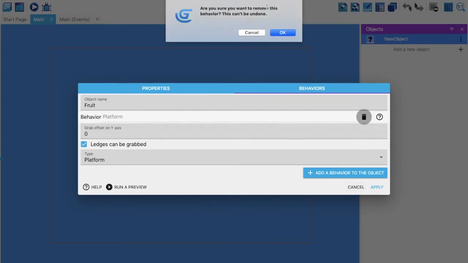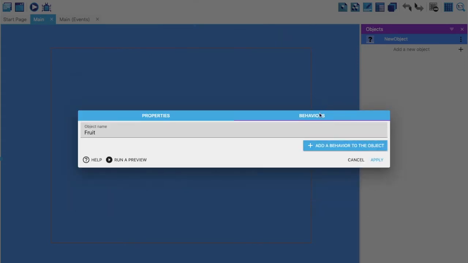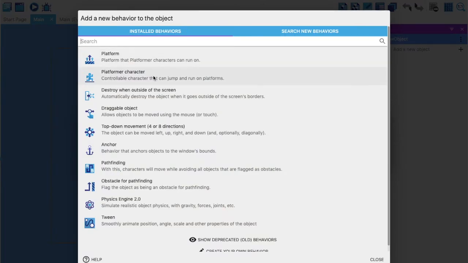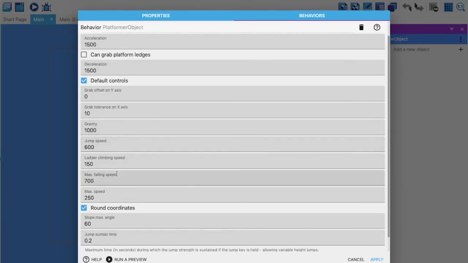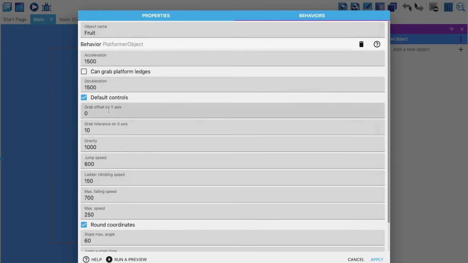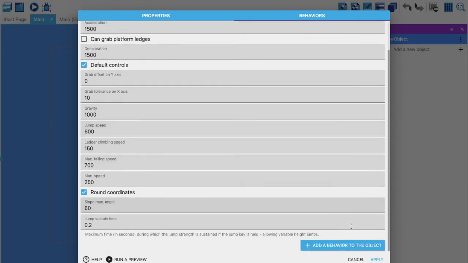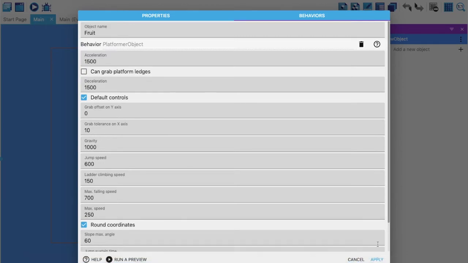So I'm going to delete this and click on add behavior and take platformer character. As you see it by default comes with this gravity option which makes it fall. Again you can decide the gravity and the maximum falling speed and so on, but for now I'm going to keep it as it is and click on apply.